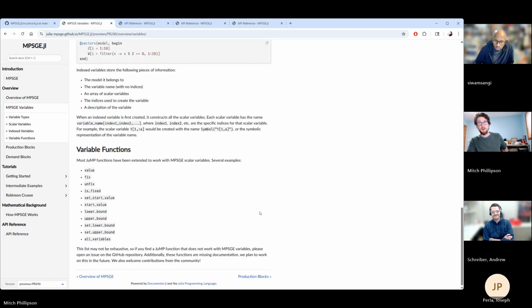These are not well documented at the moment, which is really disappointing because they're kind of how you interact with variables. But they're extensions of jump functions. So you can find the value, you can fix, you can unfix. You can do all the jump things you expect, upper bounds, lower bounds. If you want to see all the variables,